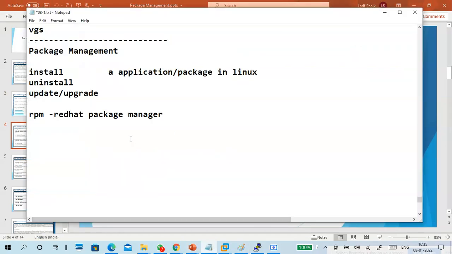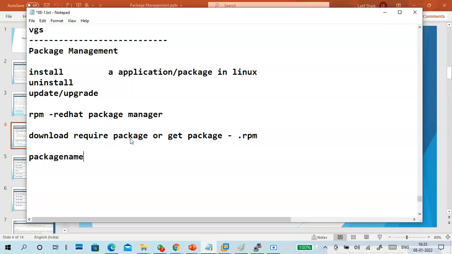So what to do? Download the required package, or get the package. The extension is dot .rpm package. RPM package. Normally, your package name ends with dot .rpm, that is one of the things. Sometimes it has an